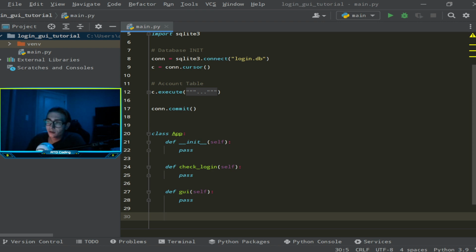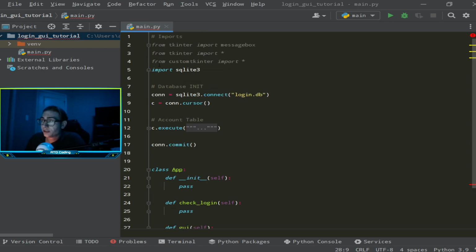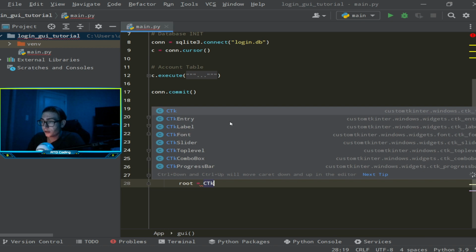And I think that's all we need for now as far as setting up the class goes. So I'm going to jump right into setting up the GUI of it all. We're going to be using Tkinter and custom Tkinter to create a modern looking login application GUI. We're going to start by saying, I'm just going to call mine root equals CTK,